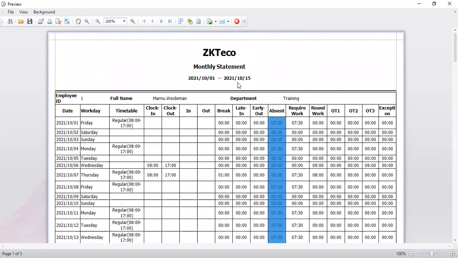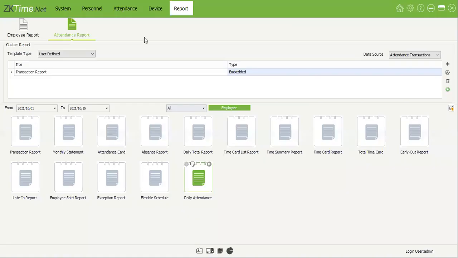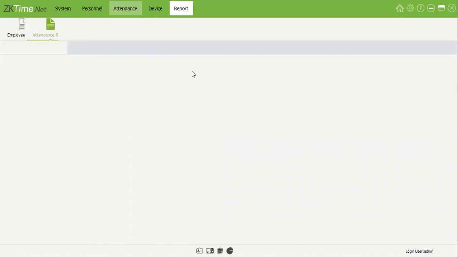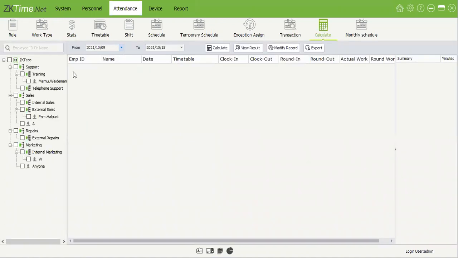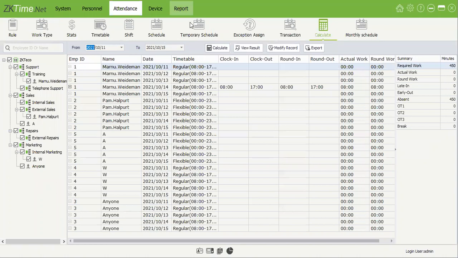So if you would like a weekly report, I mean, you can always just calculate for a week instead. So you'll just go here, for example. I'll just select everyone and I'll calculate from the 11th until today. I'm going to search, or no, calculate. I need to calculate, not search. My bad. Calculate from the 11th, calculate until today for everyone. There we go. Then if I go to reports,